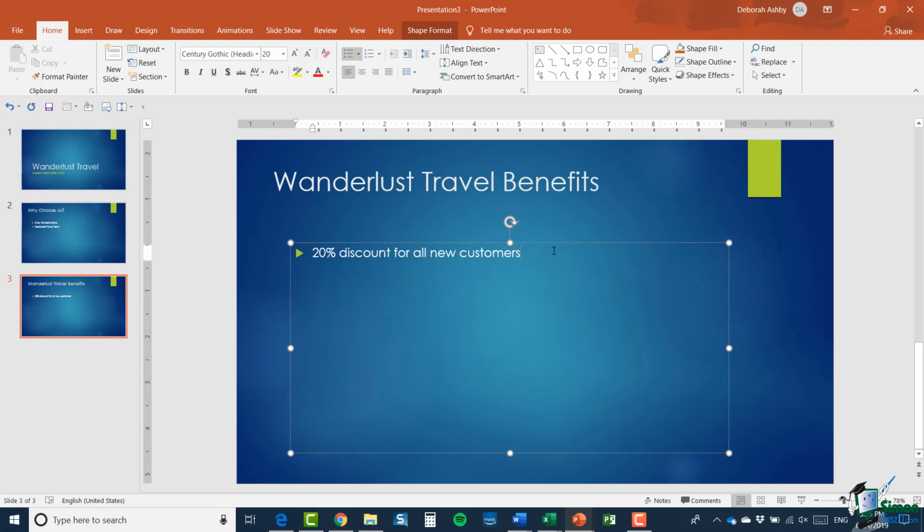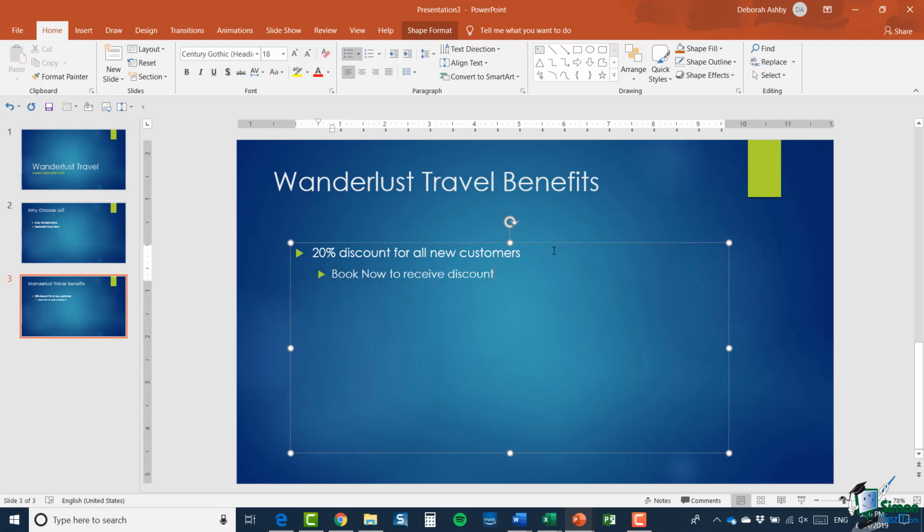Now what I'm going to do here is I'm going to hit the enter key, which again is going to give me that secondary bullet point. But what if I want a second level bullet? So if I want this one to be indented so it looks like it comes beneath the line of text that I've just typed in. Well, it's very simple to do. All you need to do is press the tab key on your keyboard